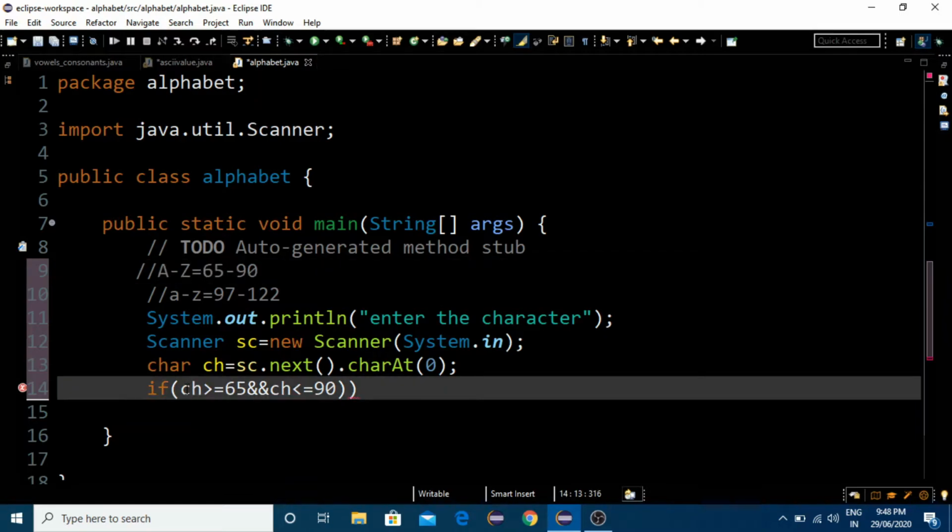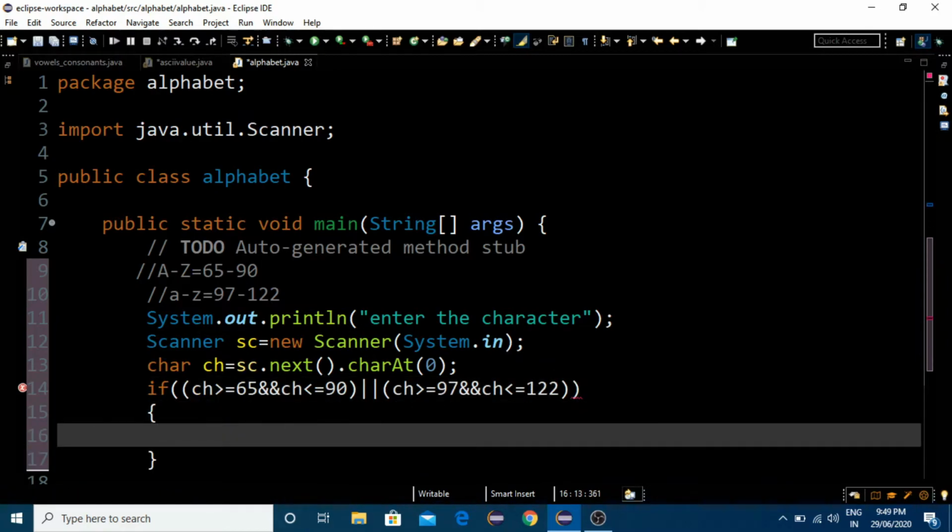This is one of the conditions to check, for capital letters. Now we shall write another condition for small letters: if ch is greater than or equal to 97 and ch is less than or equal to 122.